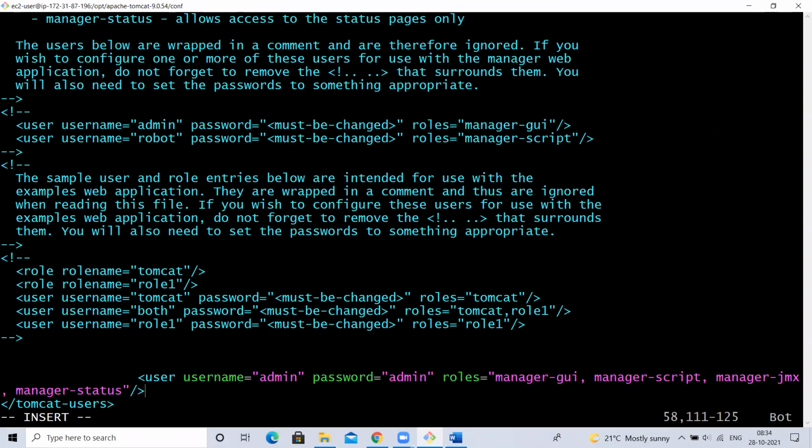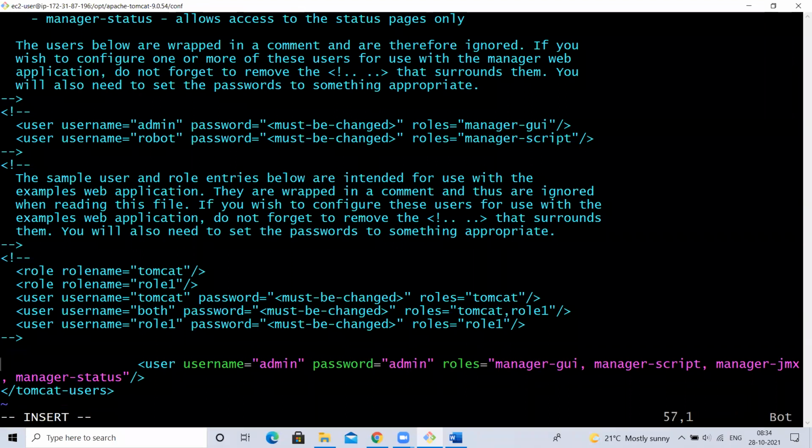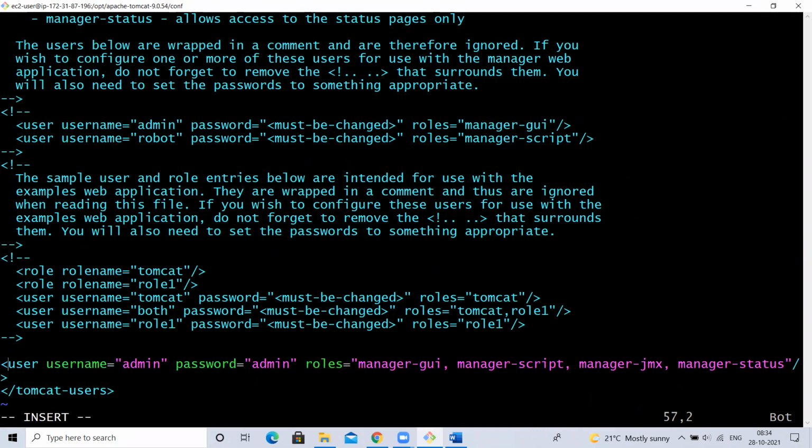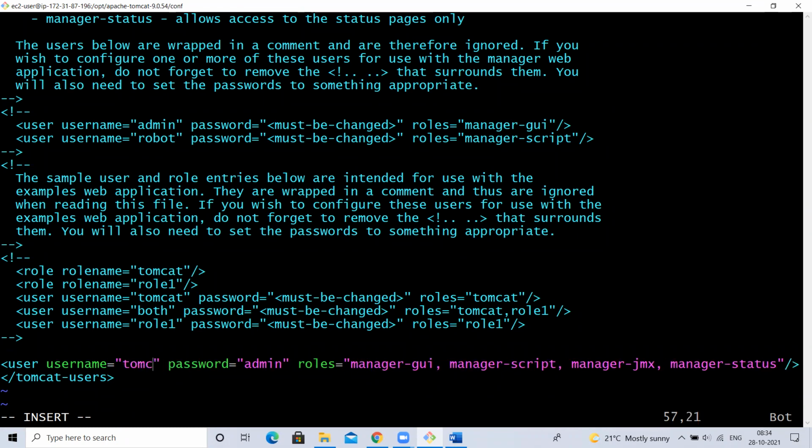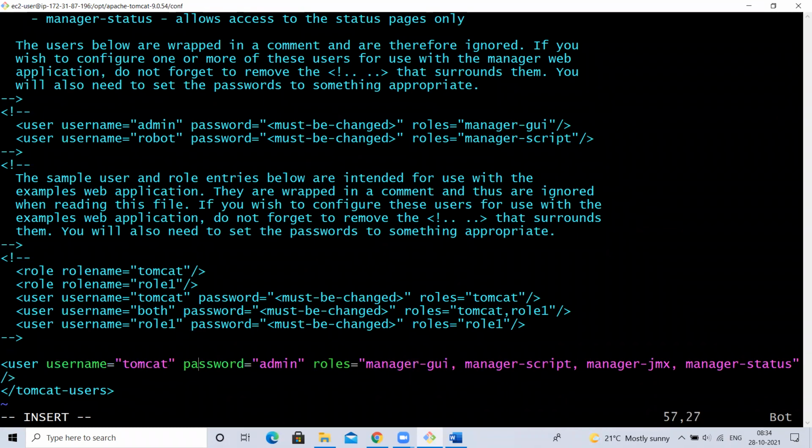The admin username is admin, or else let me give it as tomcat. Password also I'll give as tomcat.